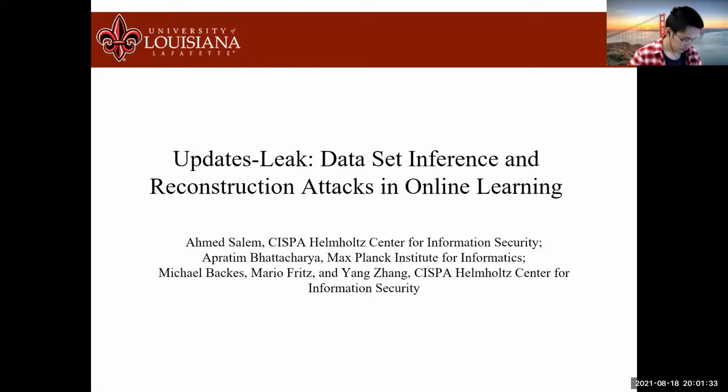Today I'm going to talk about the paper from USENIX 2020. It is called "Updates-Leak: Data Set Inference and Reconstruction Attacks in Online Learning." First,